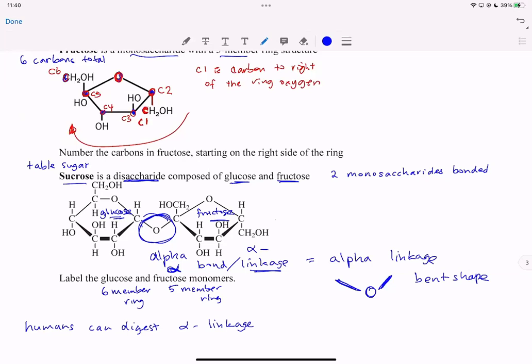So when humans digest that alpha linkage, that will then release the glucose and fructose. And once they're released, humans can digest those individual glucose and fructose